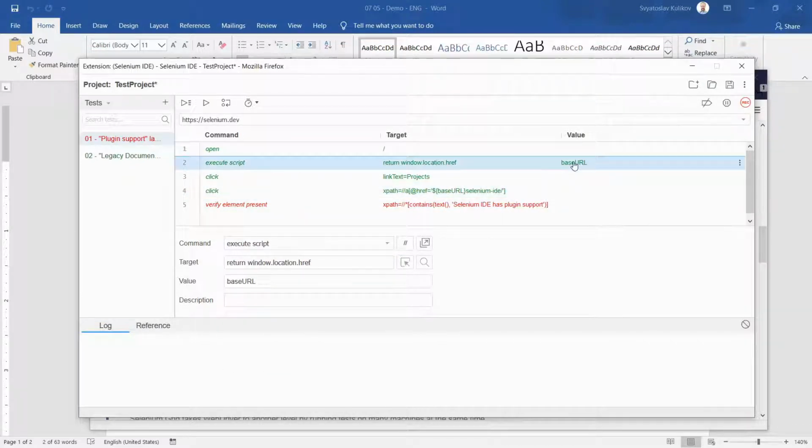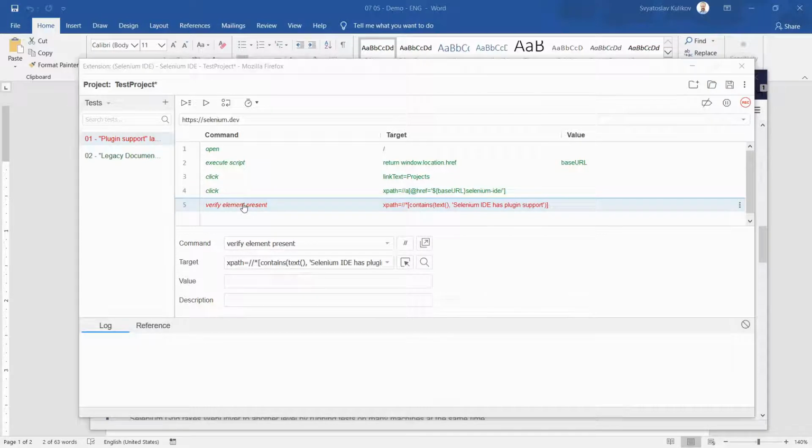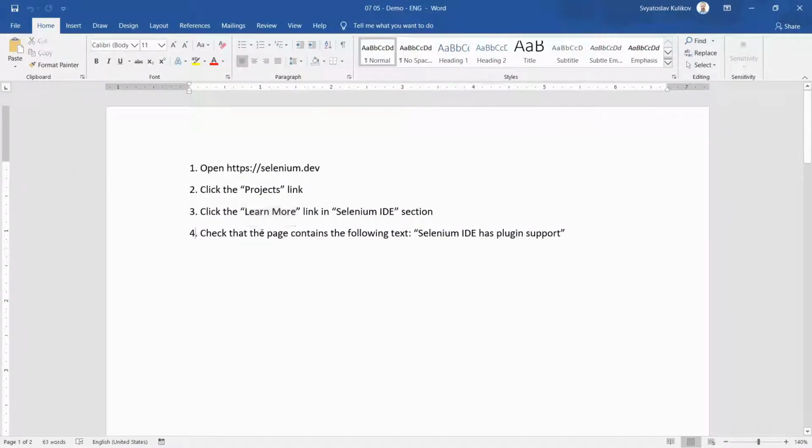We are using that variable, that base URL, in the beginning of the href value, and we add Selenium IDE at the end. So here is how we create the whole href value, and we click that link. And the last command we have to execute is a verification that the page contains the following text. Here it is. We have to find this text.